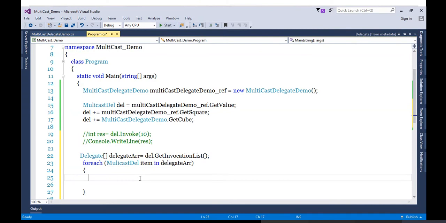Okay, so now let's go ahead and call the method. How will you do this? atom represents each method, and what is the type for each method? This MulticastDelegate. And currently all methods are present in which collection? delegateARR. So atom in bracket, let's pass the value 10, and if you run this, you'll be getting